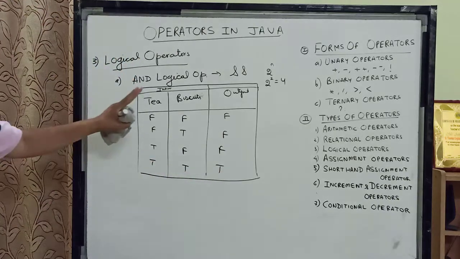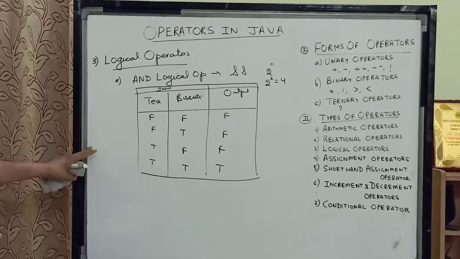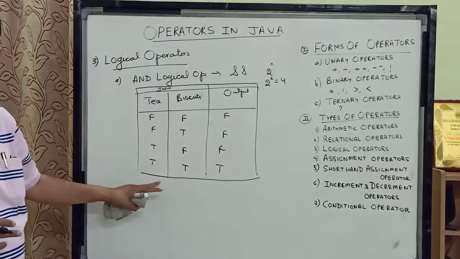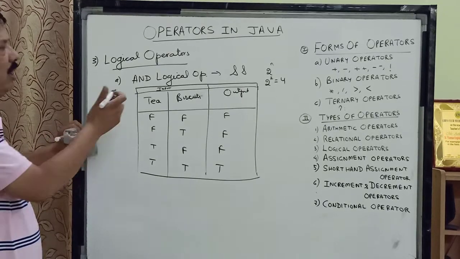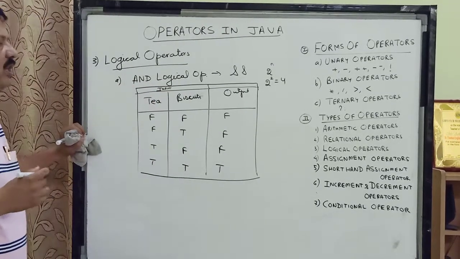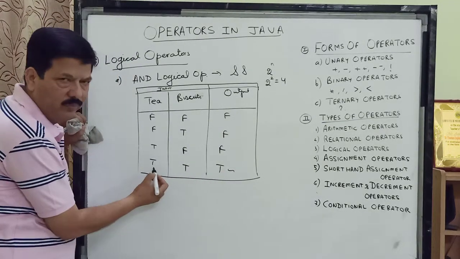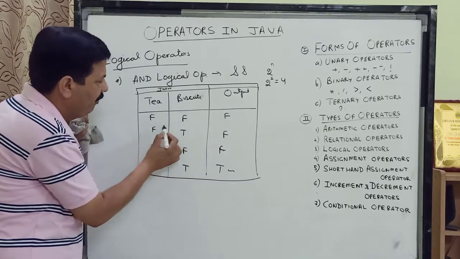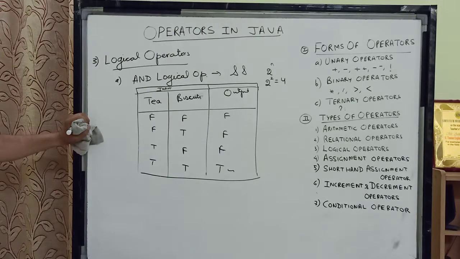And in the fourth case you say, sir, I have tea and biscuit, so the answer will be true. Now according to this output, this is called a truth table. A truth table means we are showing all possible values of outputs for all the possible values of input. Children, you can now define the logical AND operator. The logical AND operator gives the output true when all the inputs are true, and it gives the answer false if any input is false. So this is the definition of the logical AND operator.